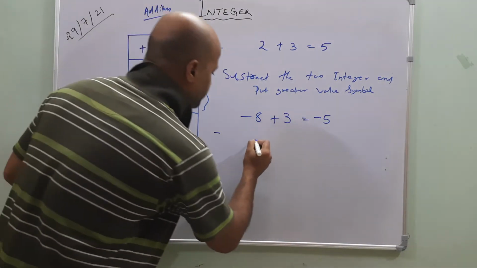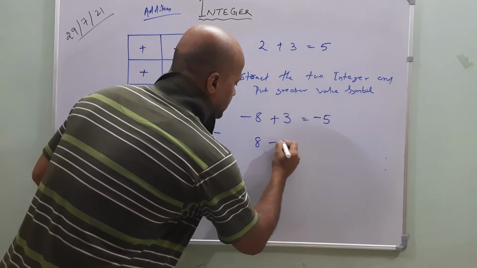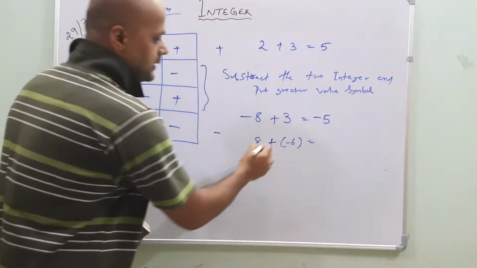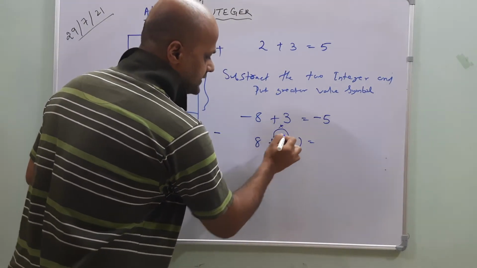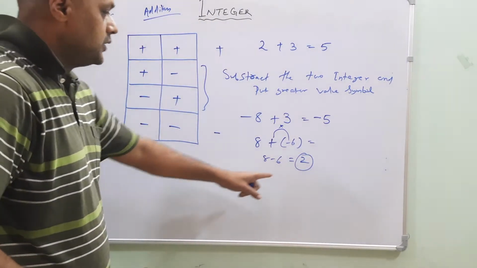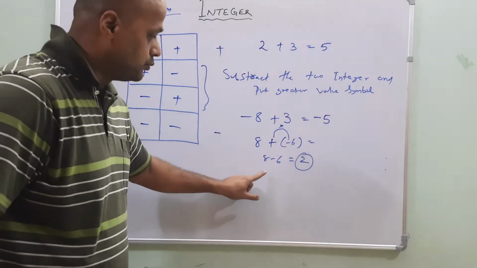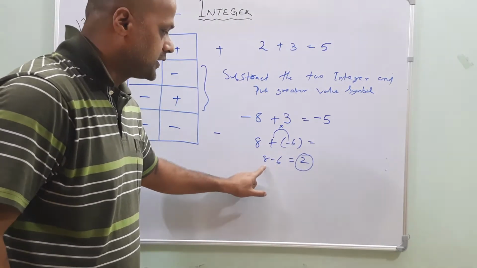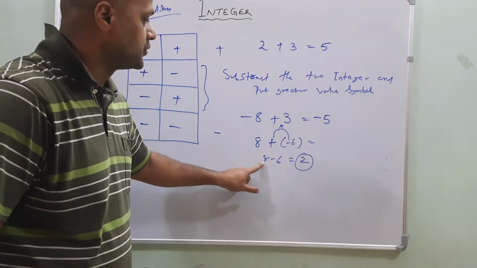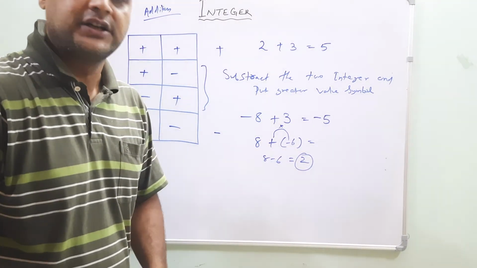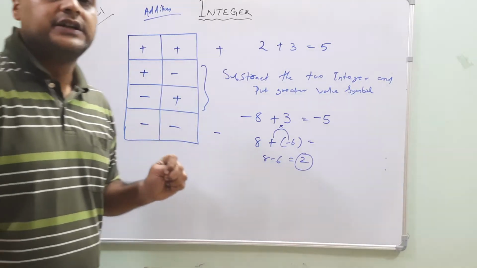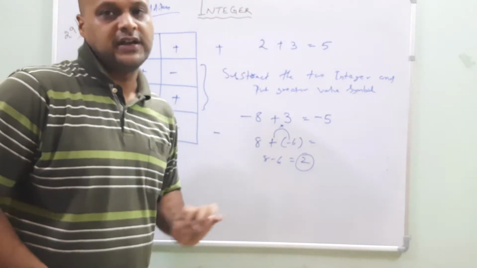Same in this case: 8 plus of minus 6. What is the step here? Plus and minus will be multiplied because the bracket is there. That's why it is 8 minus 6, and the result is 2. It is the simplest one. But here one positive and one negative is there, so first subtract the numbers: 2 is coming. What is the sign of the greatest integer? It is plus, so put the plus sign, or simply you can write it as 2. So this is the case of addition between two integers, and we are seeing the results here.